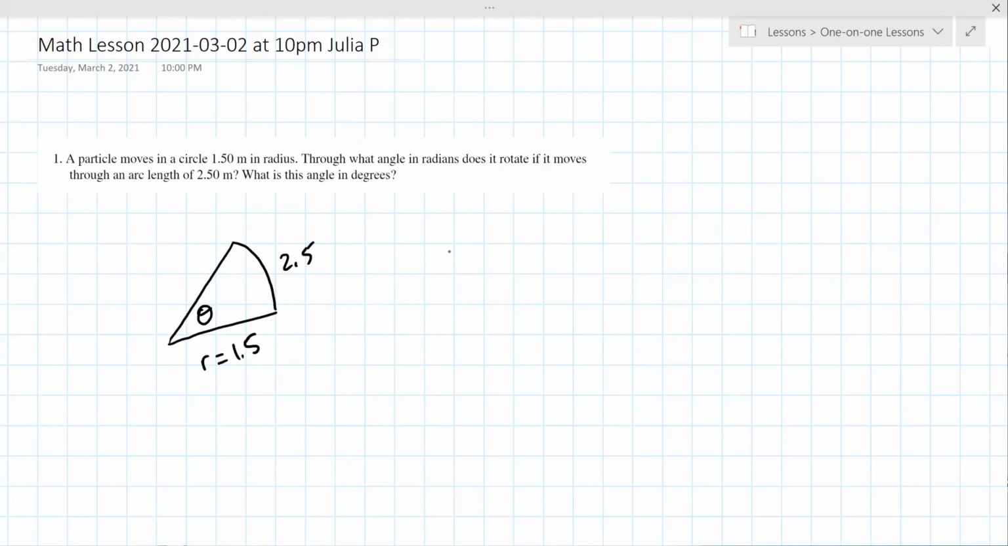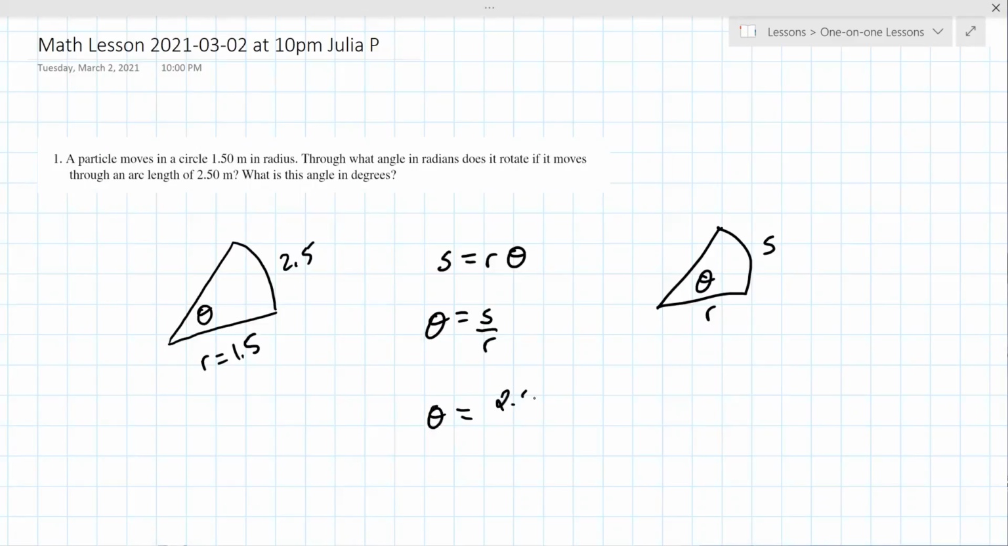This is s equals r theta. This is s, this is r, this is theta. So the angle is s over r. The s in this case is 2.5. The radius is 1.5. This angle, though, is in radians. So there are 2 pi radians in 180 degrees. So you have to take your answer and multiply by 180 over 2 pi